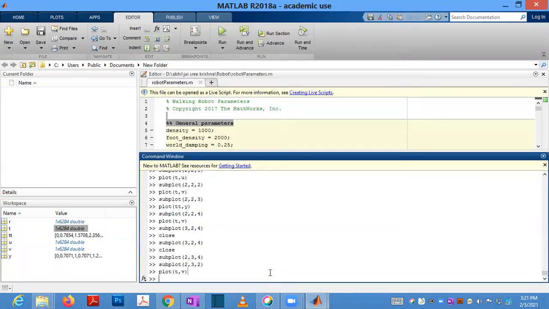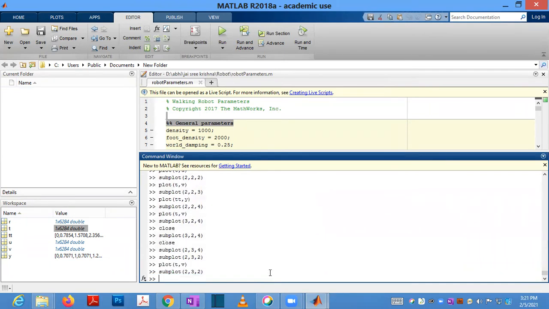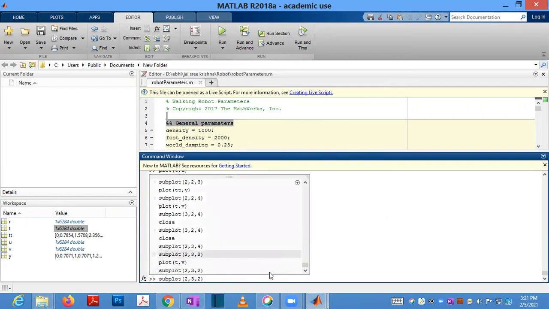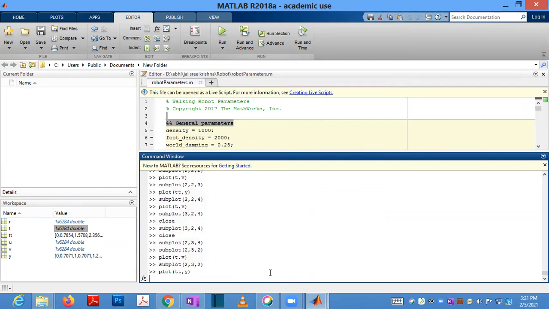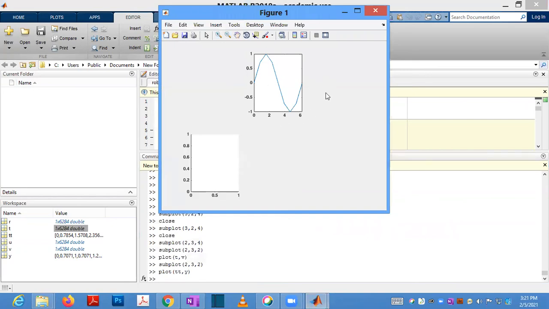If you want to remove that, you can just enter this one, and if you want to change, you can change that one. Plot t, y, you can change to some other thing. So again you have to choose that one and change it.